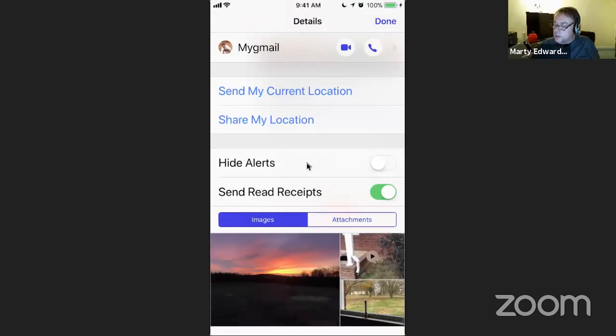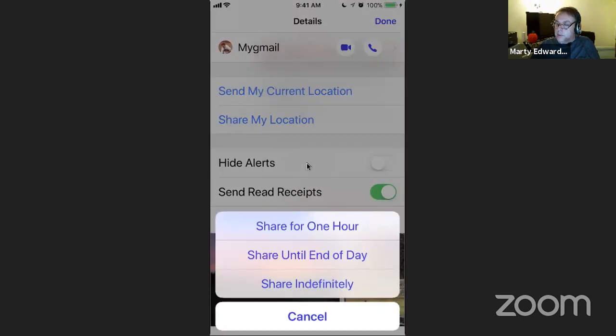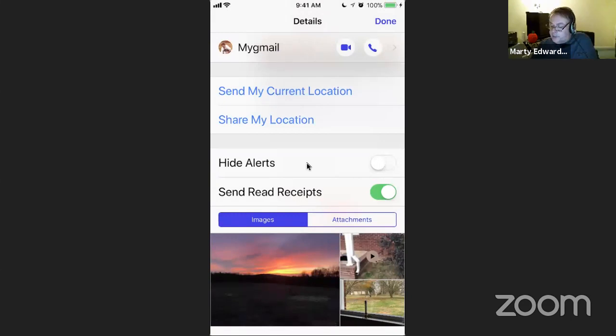But if it's someone I want to share my location with, and I have, of course, my wife and a lot of my friends and family, we share our location. If I want to share a location with someone, maybe they're just going to be doing something, I can share it for 1 hour with them, until the end of the day, or indefinitely. And I think it's a feature a lot of people overlook. I've used that with some people that maybe we don't want to share all the time, but until midnight. Sort of like Cinderella. The glass slipper comes off at midnight. And so this is great for individuals,